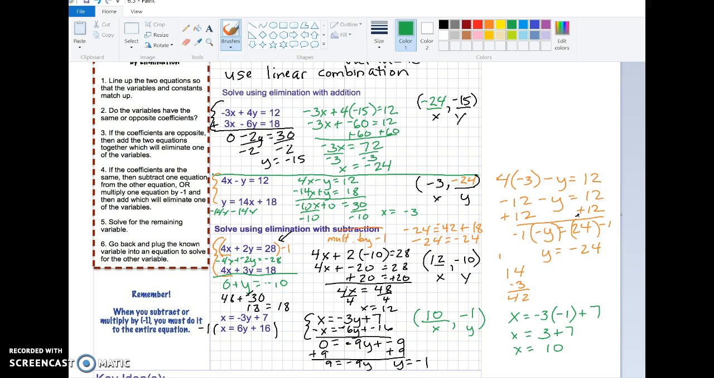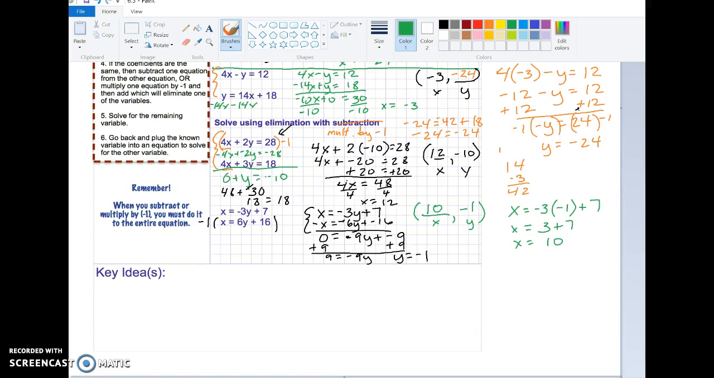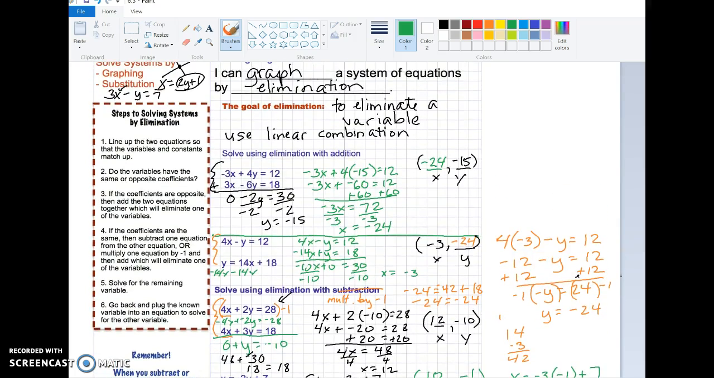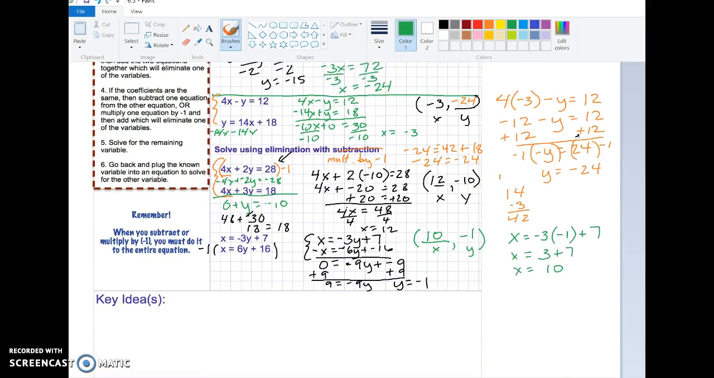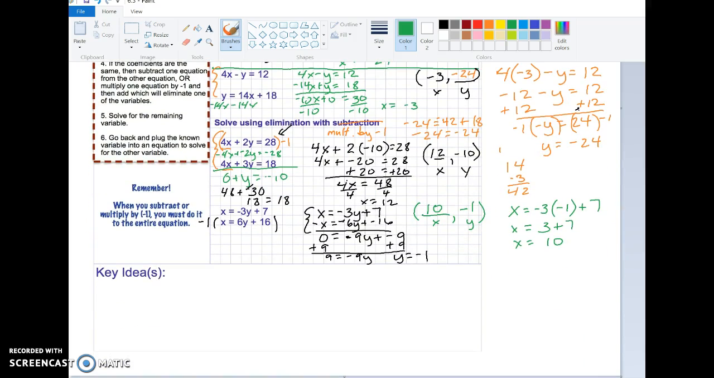And our solution is x equals 10 and y equals negative 1. The point is 10, negative 1, where the two lines cross. And that's it. Remember, I have everything written up here for the steps to solving systems of equations by elimination. You need to write yourself a key idea. I have a little reminder: you have to multiply by negative 1 to be able to get your coefficients totally